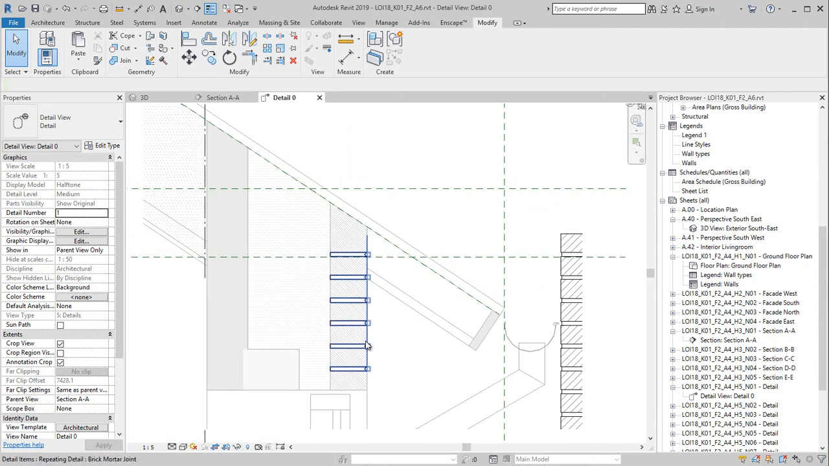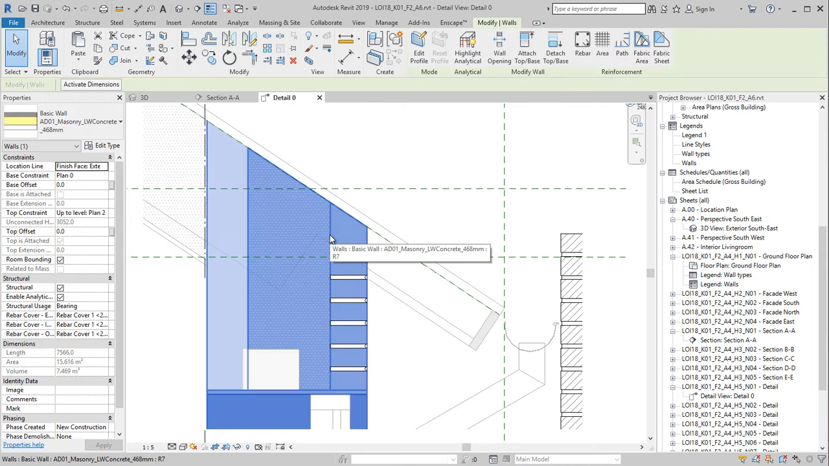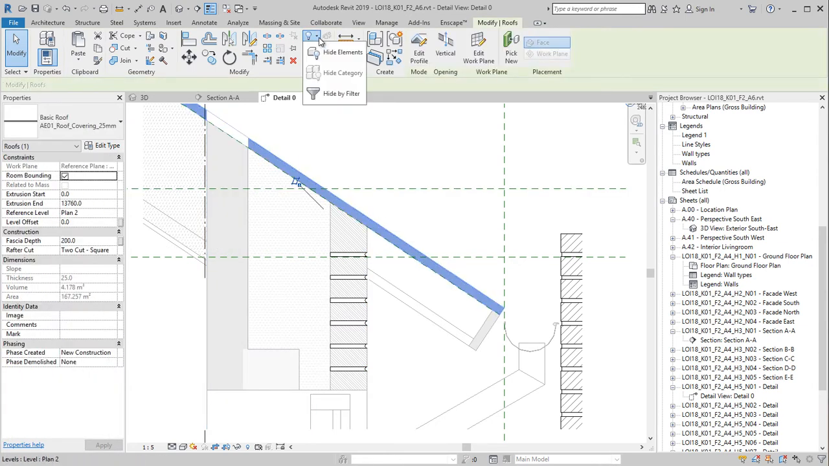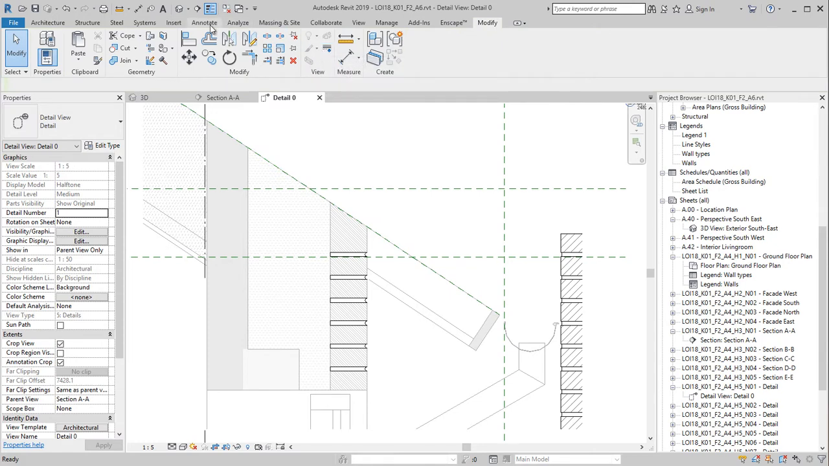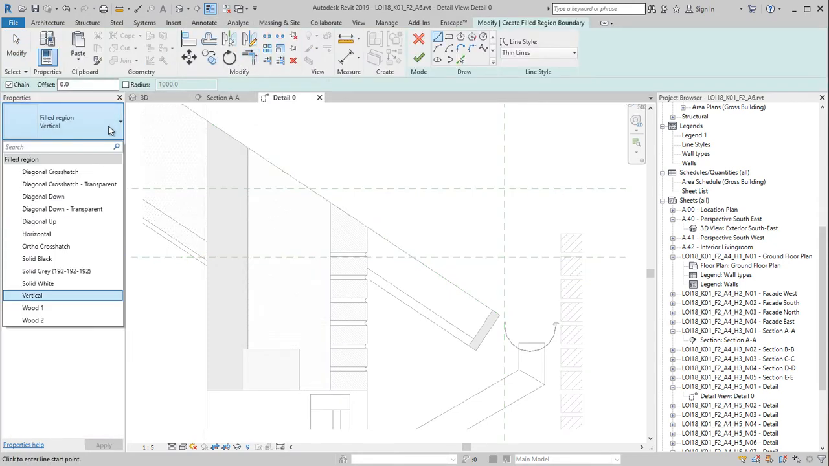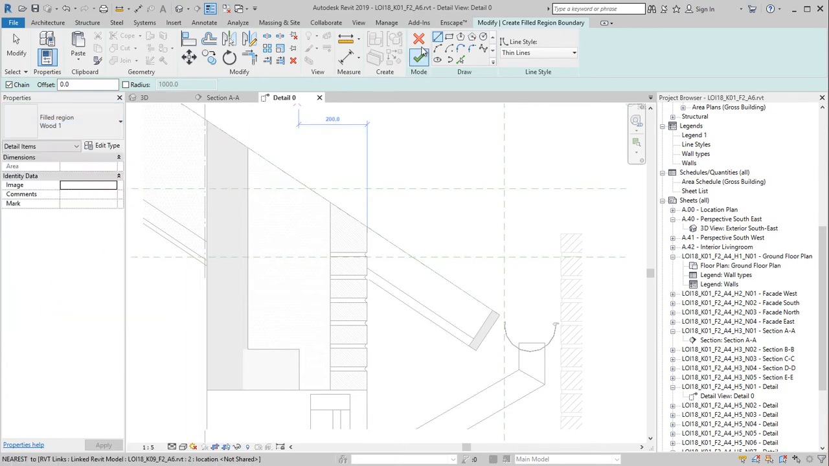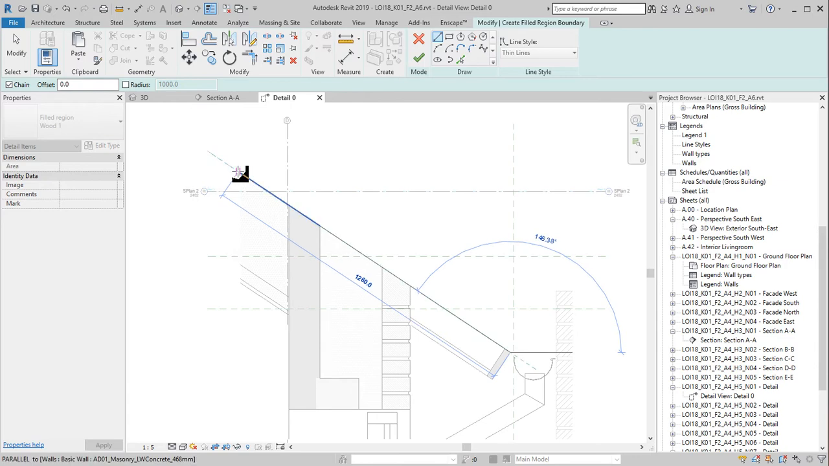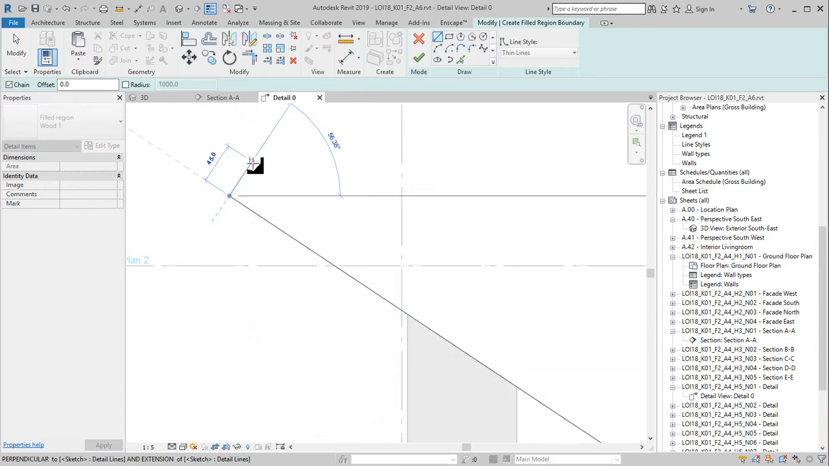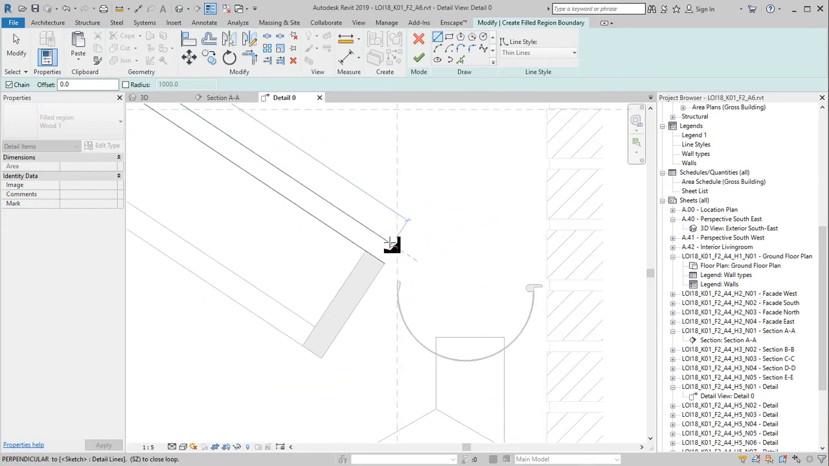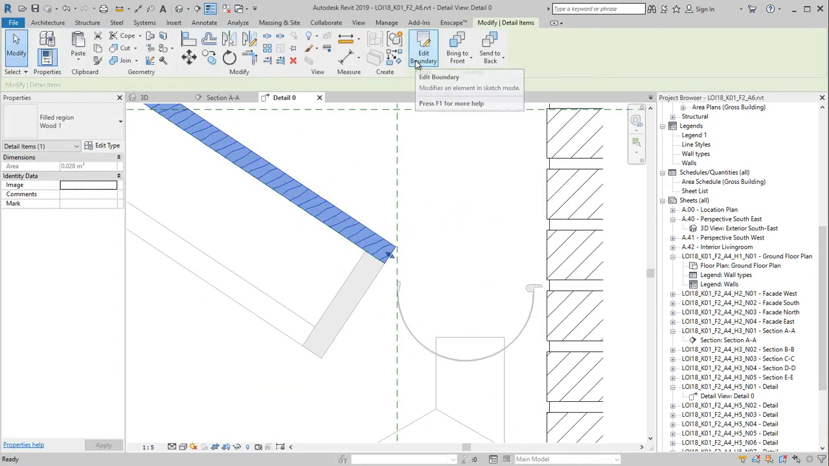So now, first of all, I will go through some of what we can call basic or simple detailing. I will replace the roof covering with a filled region, and this should be our underlay for our roofing felt. So I create a filled region, a 22 millimeter plywood, as my filled region,